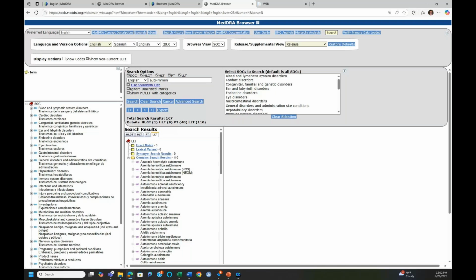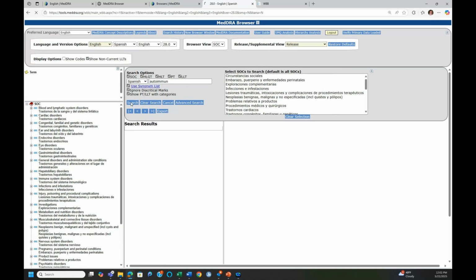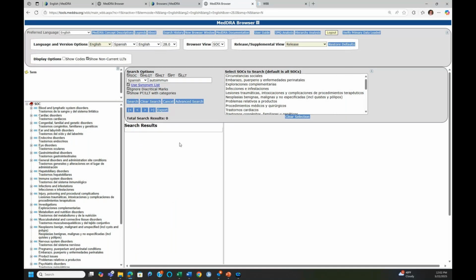Now, in Spanish, it's not autoimmune, right? It's not the same order of letters, so it's not looking for that order of letters for Spanish. But if I change the language that I'm searching in to Spanish and keep it autoimmune and search, it's not finding anything because that specific order of letters does not exist